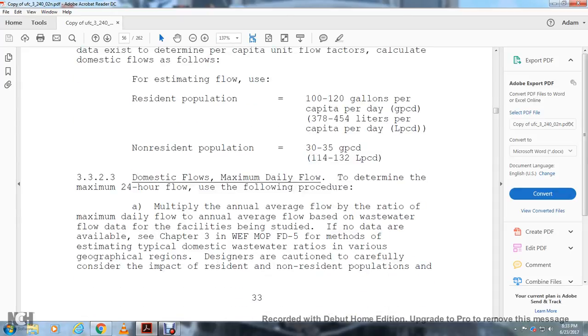3323 domestic flows, maximum day flow. Determine the maximum 24-hour flow with the use of the following procedures. Multiply the annual average flow by the ratio of the maximum day flow to the annual average flow, based on the wastewater flow data of the facilities being used. If no data is available, see Chapter 3 of the Water Environment